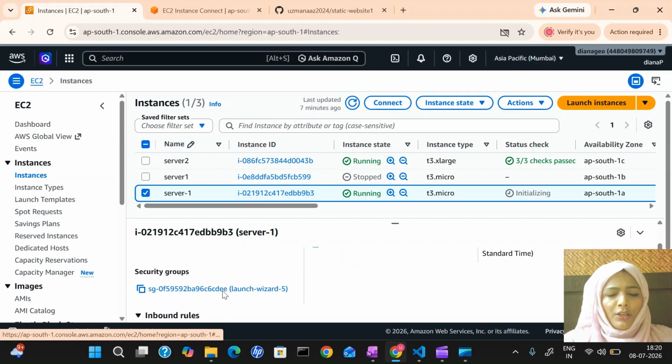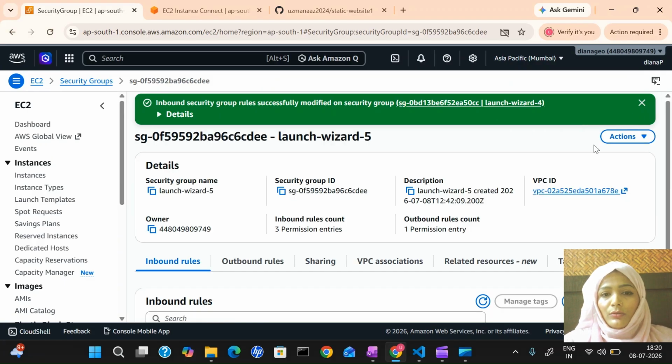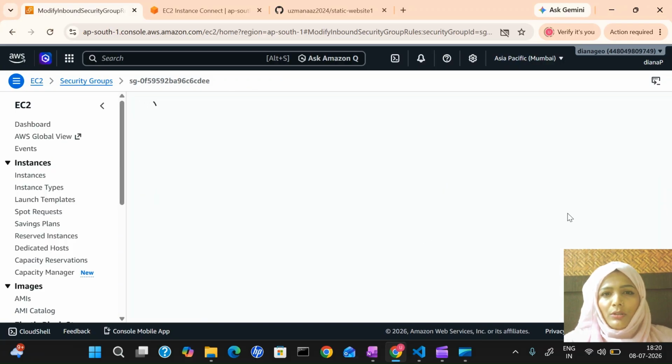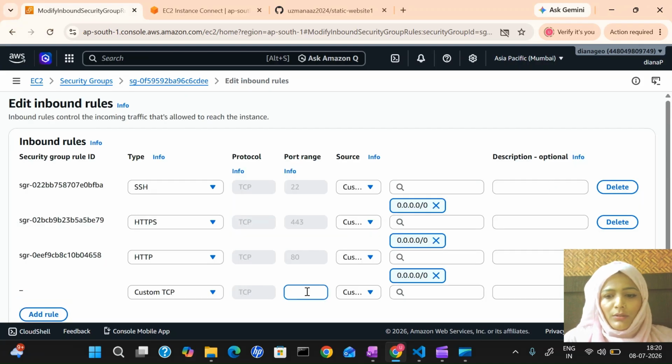This is the security group. I have to add the security group rule, an inbound rule, 9090. Add the rule.